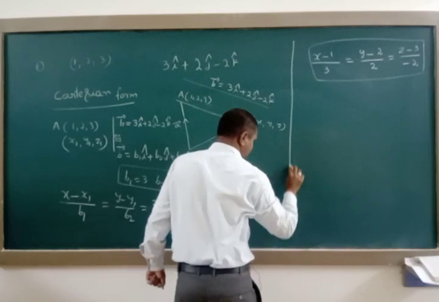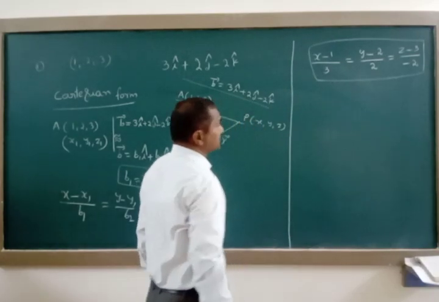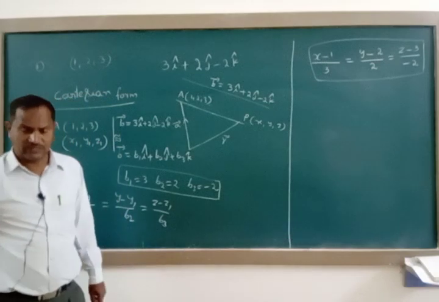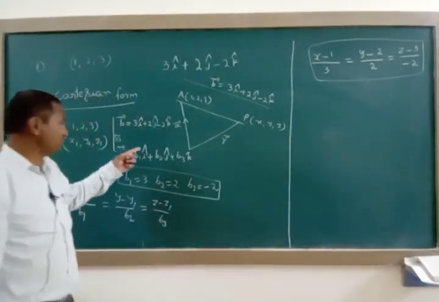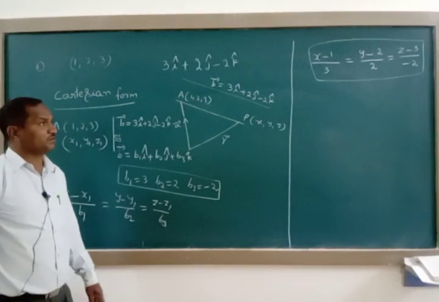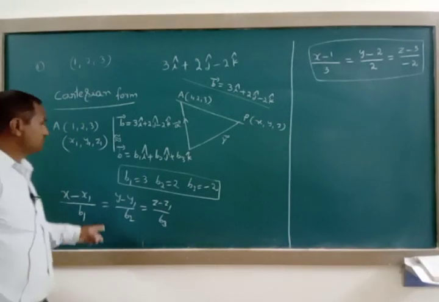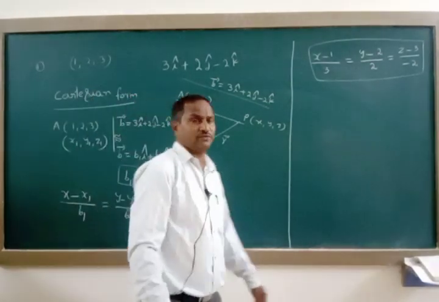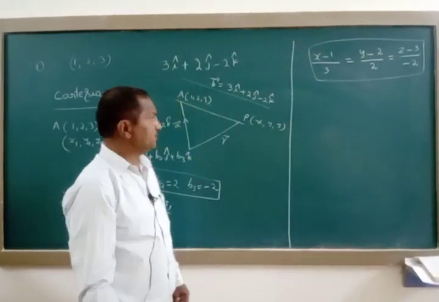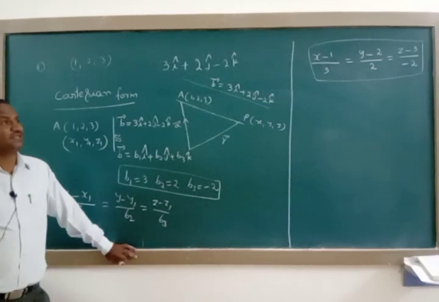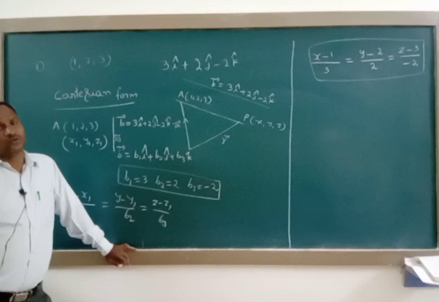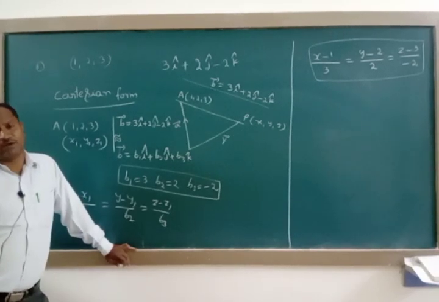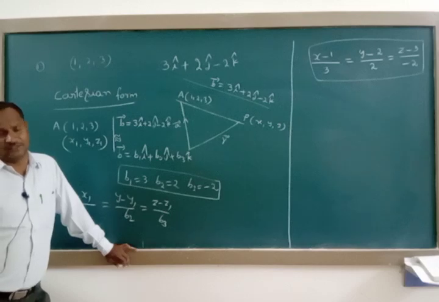I told the two forms in the last class because we discussed them, and at the same time I gave the proof in both the vector and Cartesian forms. Before that I gave the vector form of equation of straight line, and just now we finished the Cartesian form. If they simply ask to find the equation of a line, we have to find both forms, vector and Cartesian. If they mention the name according to the question, we have to give the answer in that form.